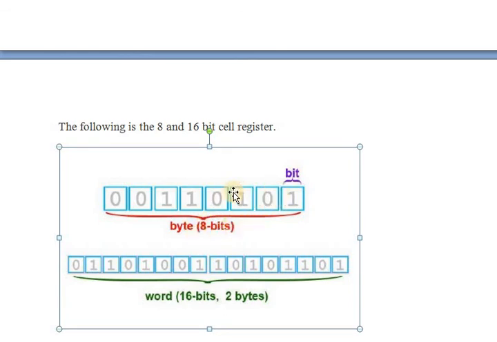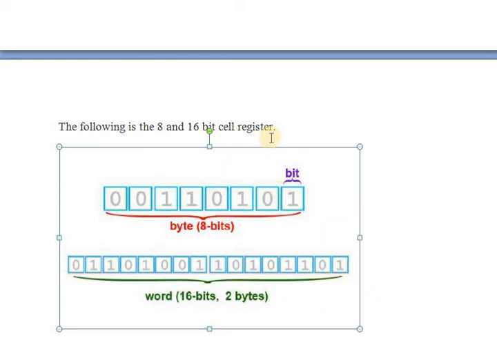So this is how an individual bit is stored in a cell register. This is an 8-bit cell register. See here, 10, 10, 11, 01. So this is a 16-bit cell register. This is 1 bit, this is 1 byte, this is 2 bytes. So this is the example for binary storage, a 16 cell register.